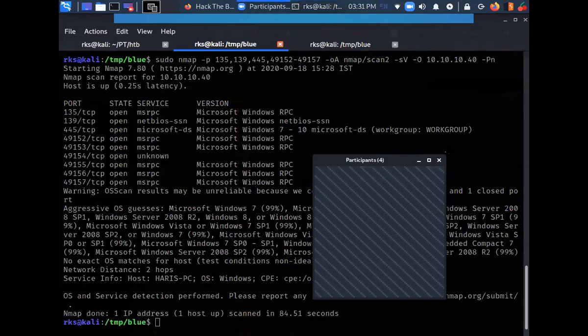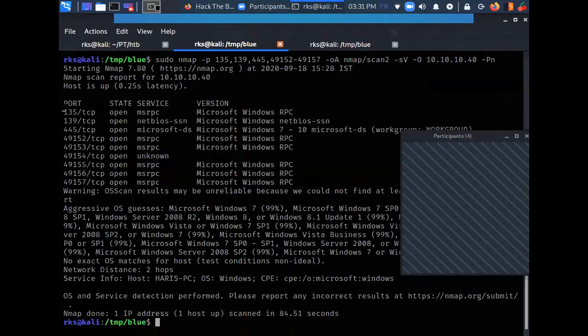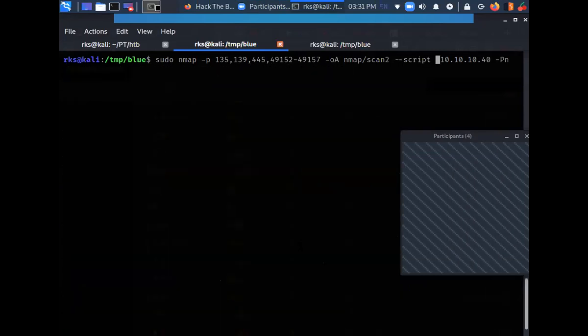So now what I want to do is a vulnerability scan against this target machine. How I'm going to do this is, I'm going to use the hyphen hyphen script flag followed by vuln. Vuln is for the category of scripts that I want to run. Hyphen hyphen script is for script scan. And what kind of scripts do we want to run? I want to run all the vulnerability assessment scripts. That's what I want to run.